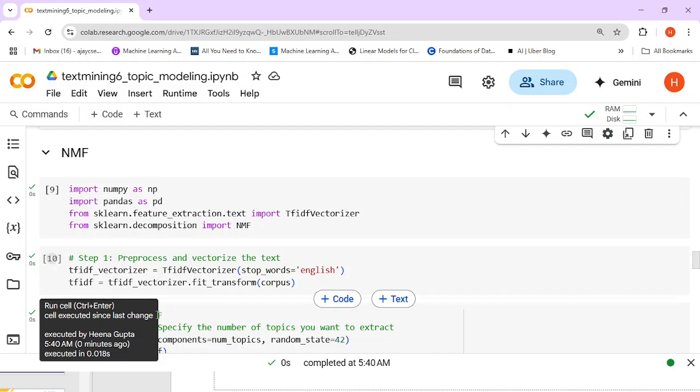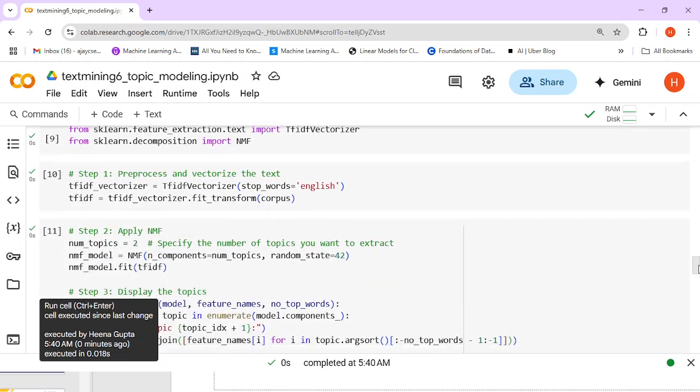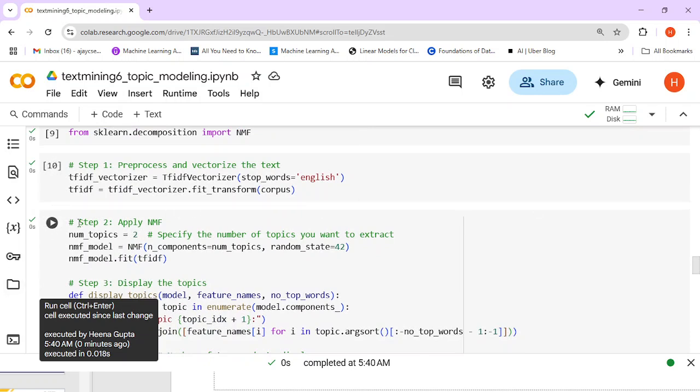So first of all we make use of TF-IDF here. And I'm looking for 2 topics here. I give the TF-IDF vector, which is applied on my clean corpus only, and I also pass the number of topics,